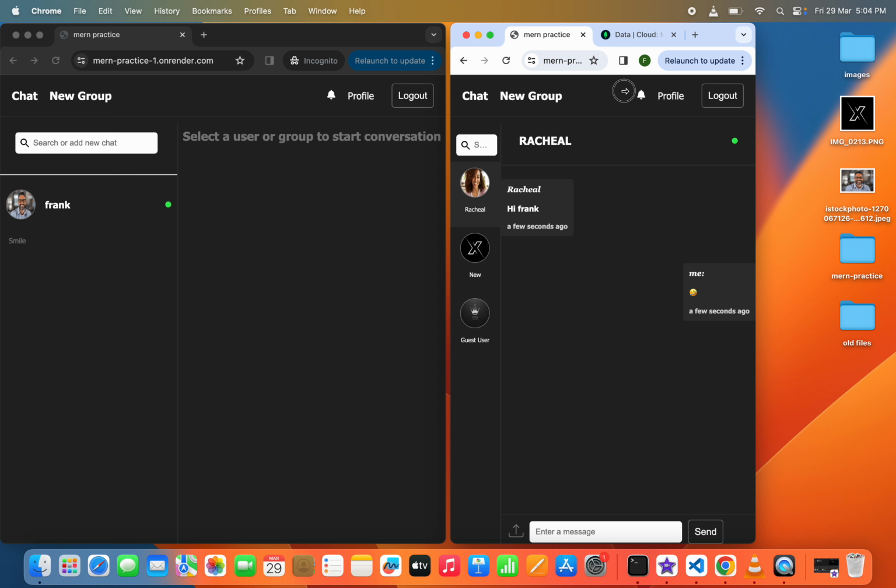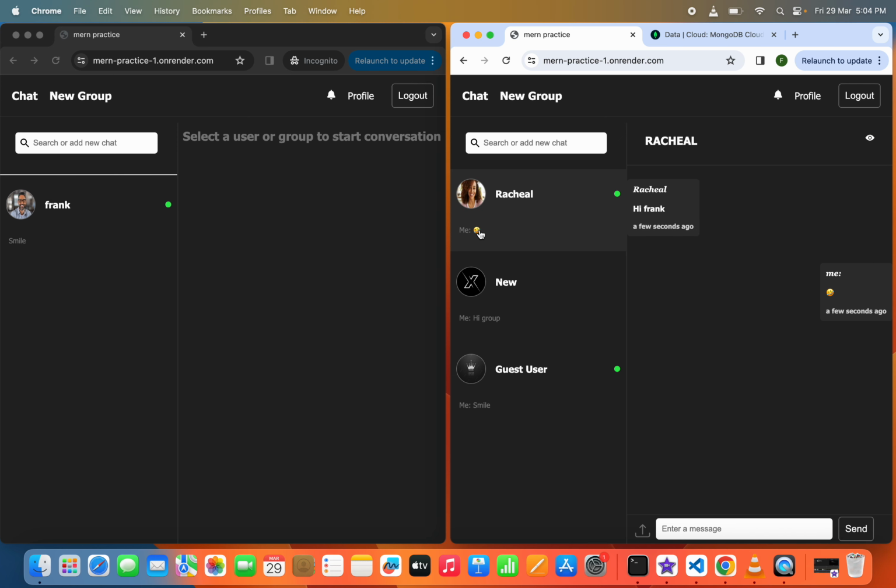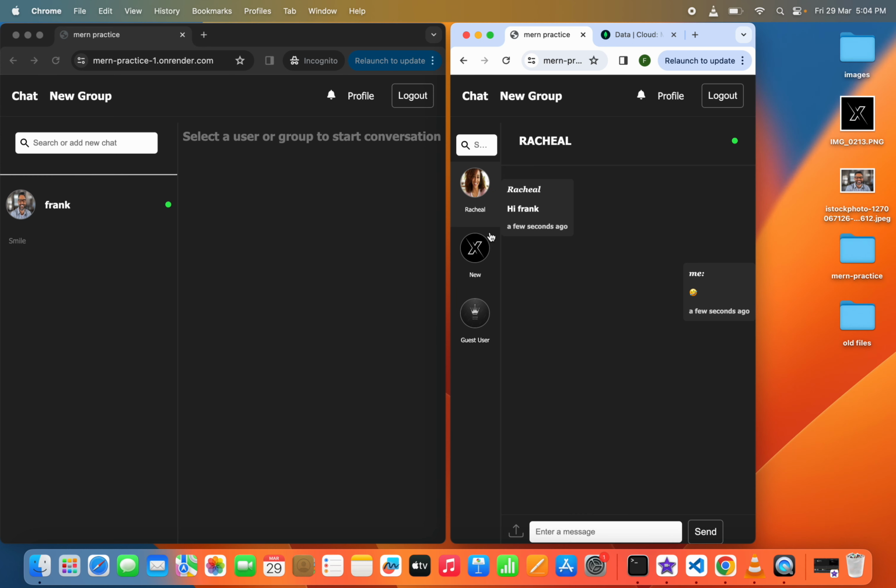So now this is a mobile view. In the mobile view, as you can see, we can only see the user picture and the username, the group picture and the group name. We can no longer see the last message, but once we return back to full view, we'll see the last message, as you can see. But if we go back to mobile view, we can no longer see the last message. We can only see the name of the group